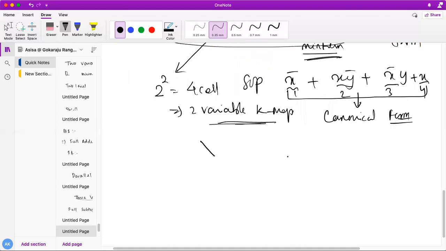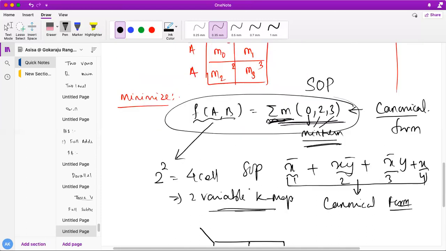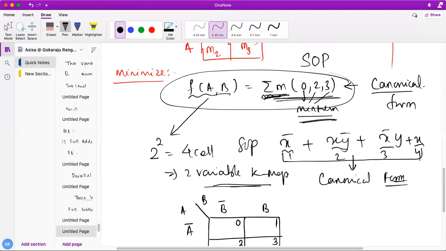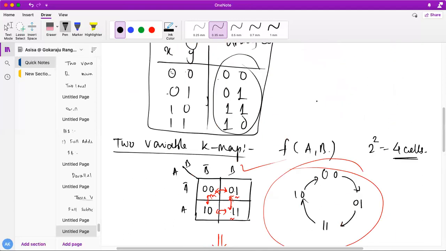What is a 2 variable KMap? It's very simple. You just need to take 2 variables. Here the equation is given with A and B as the variables, so you take A and B here. The possible values of B are B bar or B, and the possible values of A are A bar or A. As we know, the place values of the cells are 0, 1, 3, 2 according to gray coding. Next step, you need to put the minterms present in the function as 1. As I told you, in KMap is what?